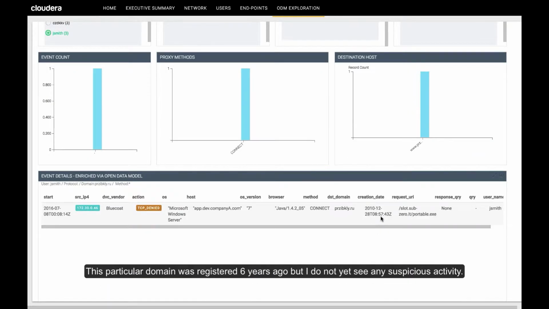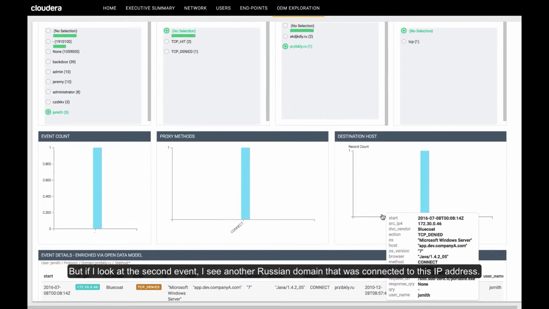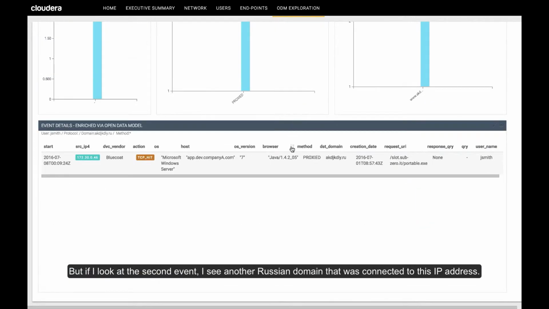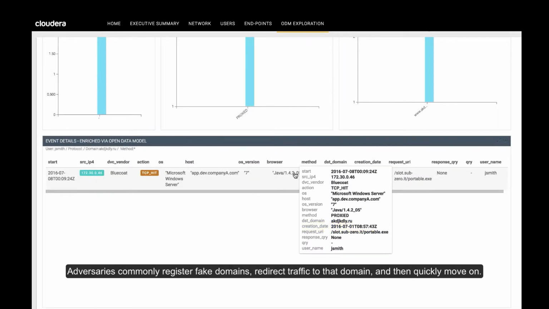This particular domain was registered 6 years ago, but I do not yet see any suspicious activity. But if I look at this second event, I see another Russian domain that was connected to this IP address. This one was actually registered about a week before this connection took place. Adversaries commonly register fake domains, redirect traffic to that domain, then quickly move on.